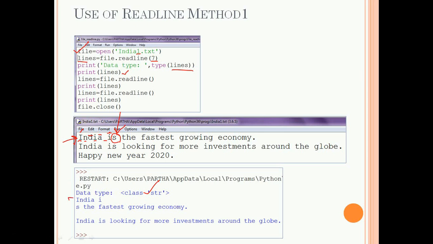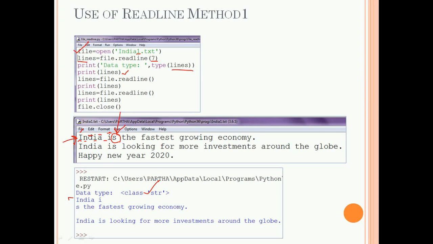In the next line, again readline method is used, and there is no value in the argument. That means it will fetch the remaining line starting from S, as the file pointer is pointing to S. So it will fetch S space the space fastest space growing space economy dot, and here you can see that I have given a new line using enter.